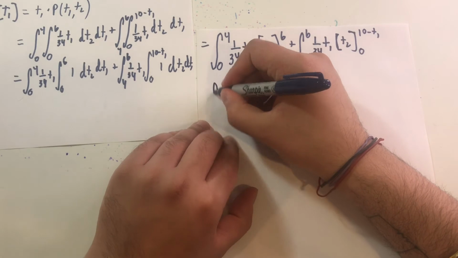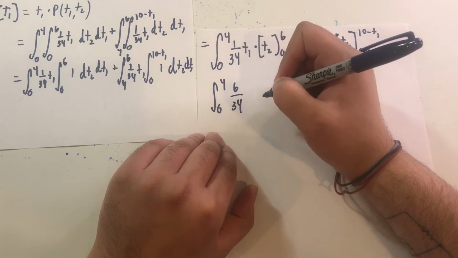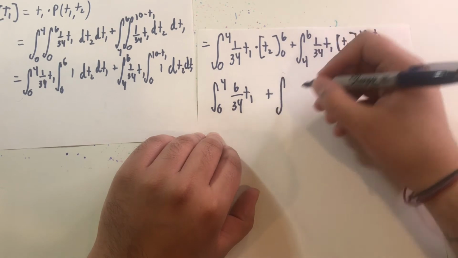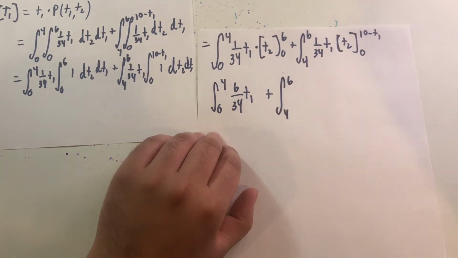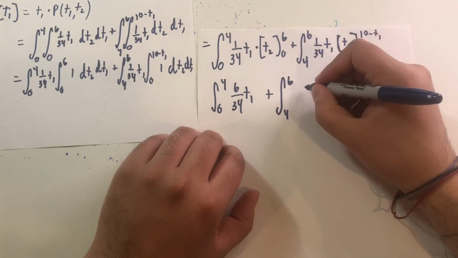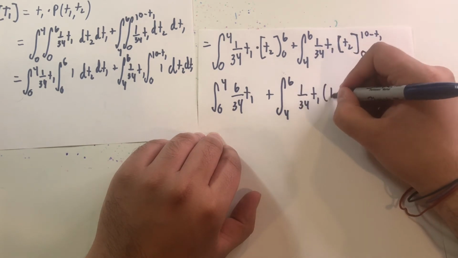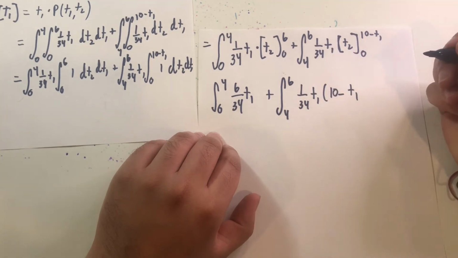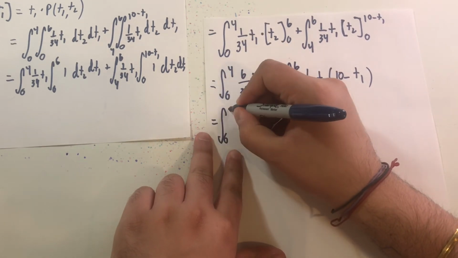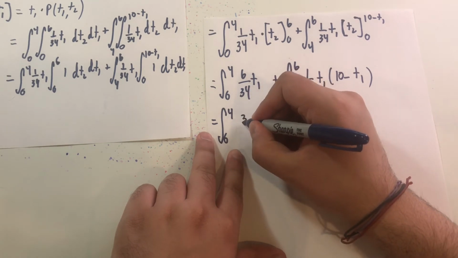So this is going to just be 0 to 4, 6 over 34 t1 plus integrating here 4 to 6, and this will just be 10 minus t1, right? So 1 over 34 t1 multiplied by 10 minus t1, and it might do us good to just distribute that out. 0 to 4. And I'm actually going to simplify this, divide the top and bottom by 2, 3 over 17